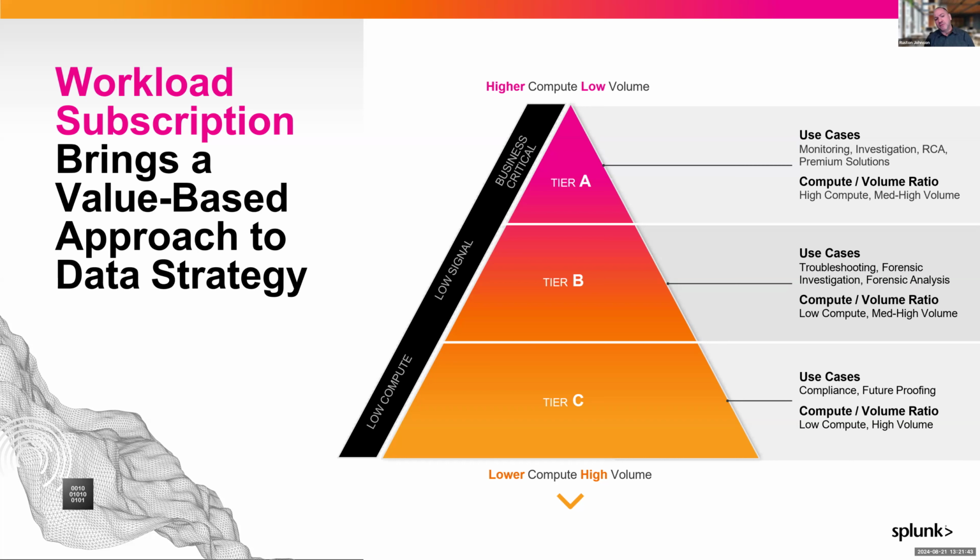So with cloud, you have the ability to look at other subscription models, like compute-based models that you're actually paying based on how much you're searching data and not just how much data you're onboarding. So that frees you up to bring in that lower, kind of tier C, tier B data. And what we see more often than not, when folks bring that data in and start applying that in security scenarios and correlating all that data, it's actually a lot higher value than they may have first thought, right? They found a lot of things that may have fallen through the gaps otherwise. But that's another thing that cloud does as an enabler.